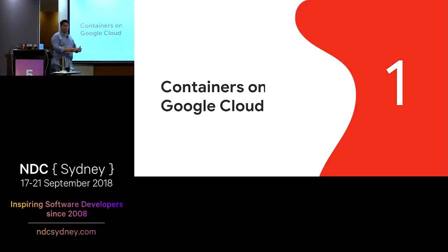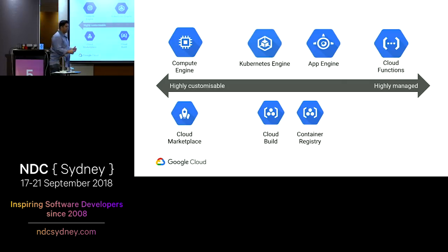As you start to shift your workloads onto a cloud, most people default to thinking about virtual machines. Virtual machines are great because we have a highly configurable environment. If you look at the left-hand side, it's something you can customize to your needs. You can set up your images based on whatever software you need, and you can set up sandboxing and networking between those